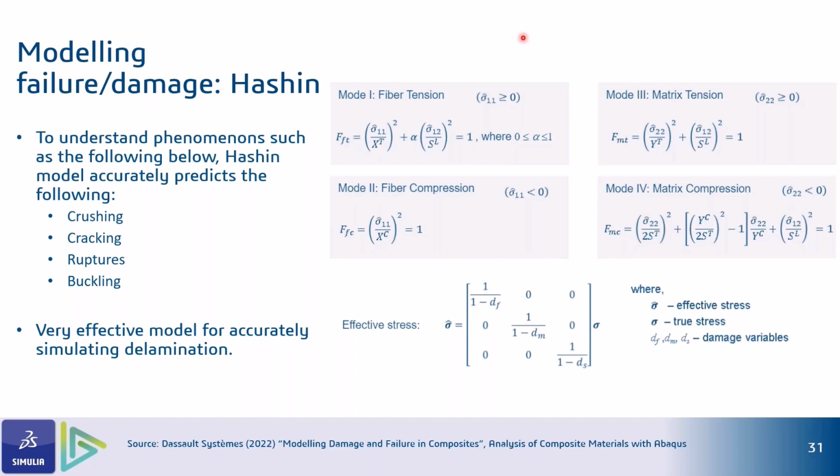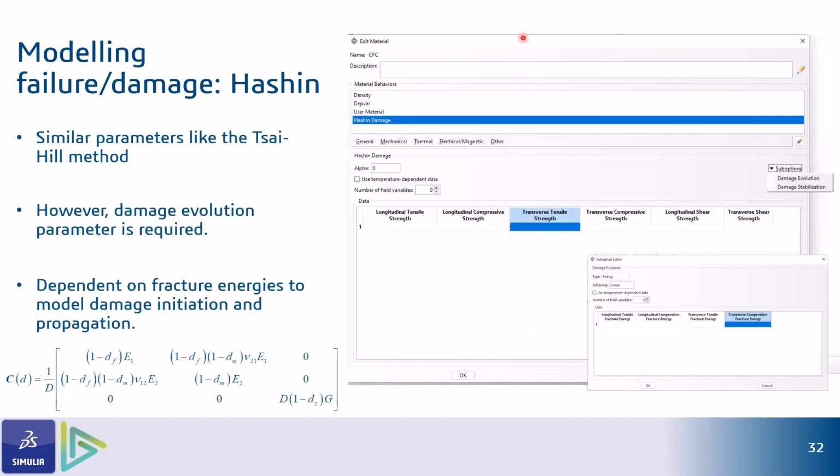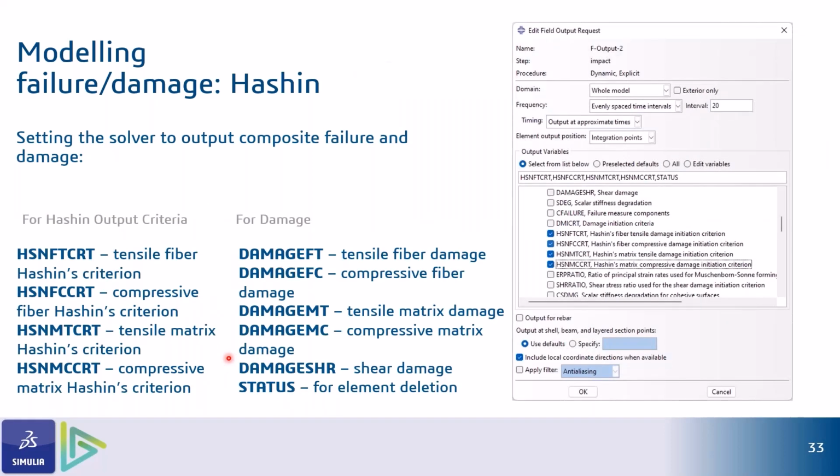For the demo, as I said, I will be using the Hessian method. How to model the Hessian method? It's actually very similar to the fail stress or strain, where the fail stress and strain parameters are shown, but in terms of longitudinal and transverse tensile. The only difference between the fail stress and the Hessian damage is that you have to add the damage evolution. The damage evolution, as you can see here, is in the form of fracture energies, and the equations of these damage evolutions are found here. So once you add these parameters to your Hessian damage material property, you then have to